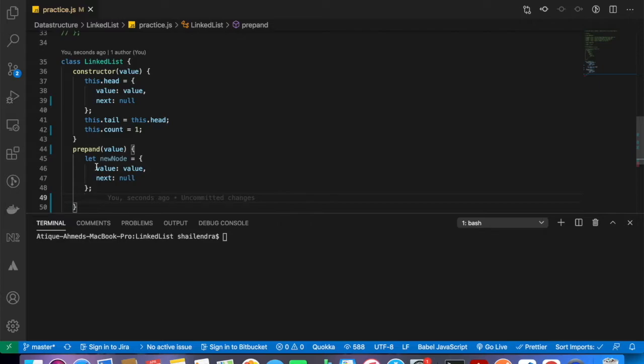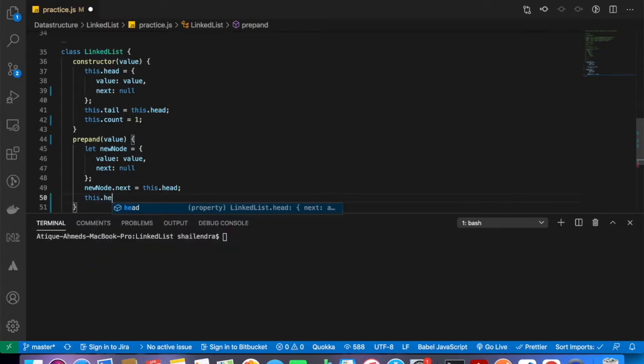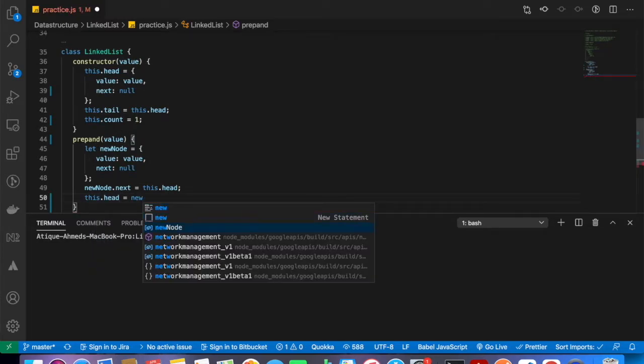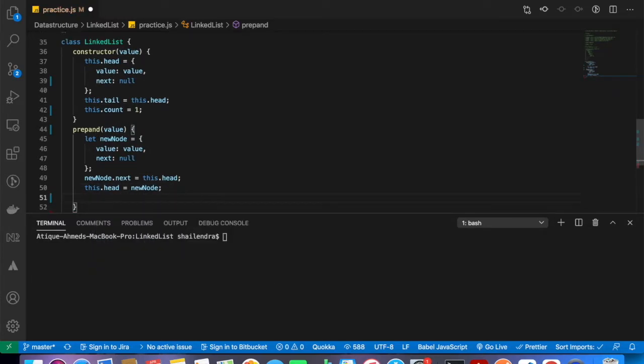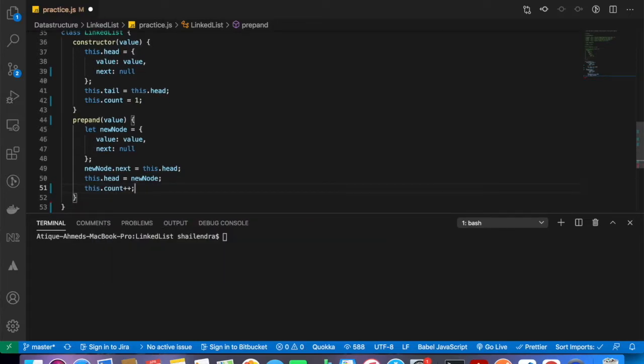So I'm going to insert at the beginning of the linked list, right? So what we need to do is say newNode.next is equal to this.head, and this.head is equal to newNode. I need to increment the count and I need to return this.